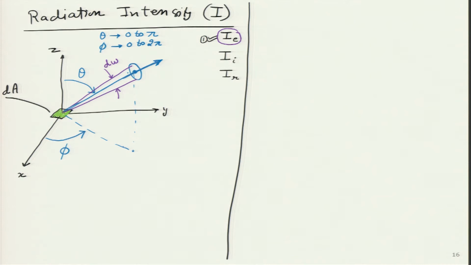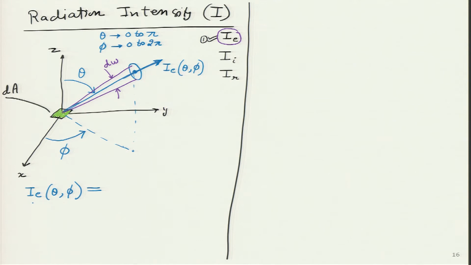So, in this particular direction, I will write this term as I_E. E stands for emitted. The subscript E is for emitted, and what is it a function of? Right now it will be a function of two things. One is the zenith angle theta, the other one is the azimuth angle phi. So, let me write the relationship for this now. What I am going to write is what this thing is equal to.